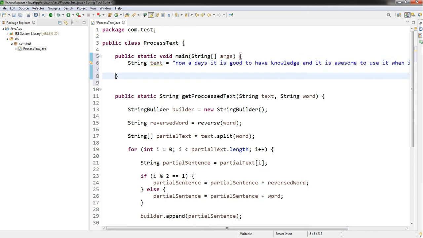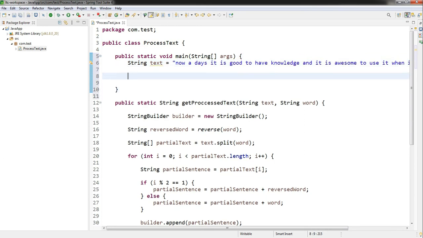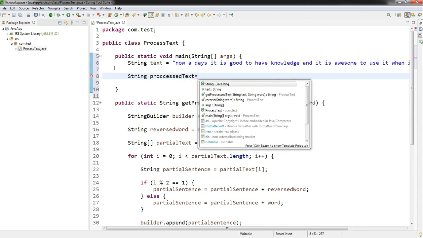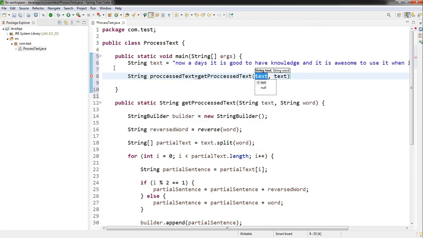Then a String processedText equal to the call, and I will pass the word as "it".